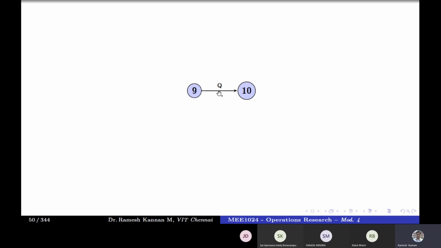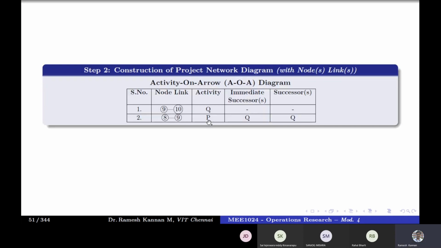The successor is Q. And the next is activity P, which is 8 to 9, and it has an immediate successor, Q. So we can even take it the other way, like P is a predecessor of Q, or you can have the successor of Q as P. Which means that we will be constructing P towards the left, not towards the right.